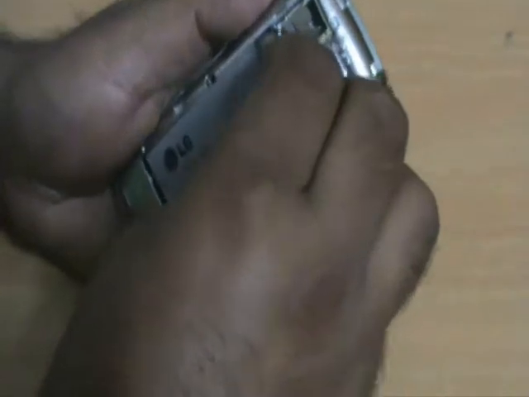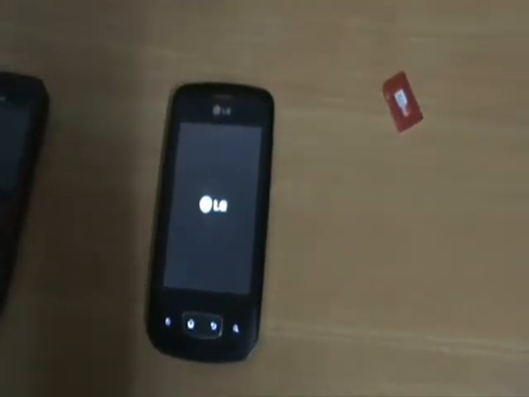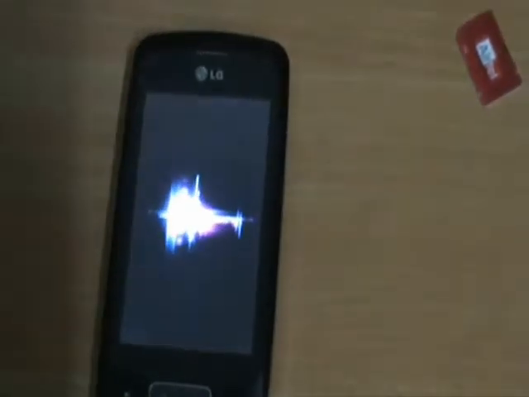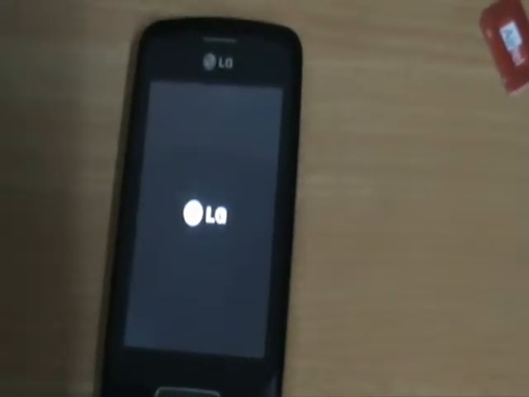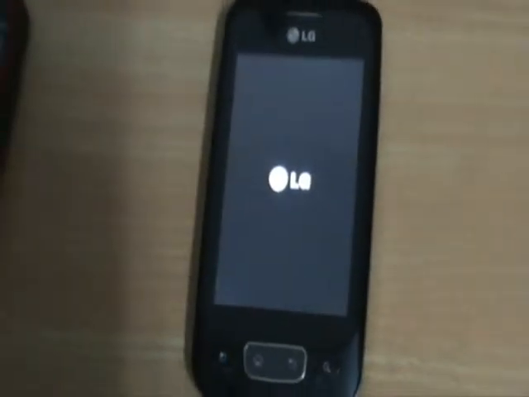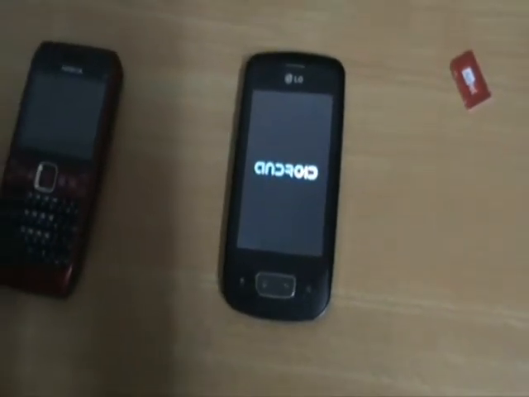Put back the battery, put on the flap and start the phone. So once this phone boots up, it should do two things. One is send me an SMS notifying me that the SIM card has changed on this handset, as well as execute the lock command. So the screen of this handset should get locked.